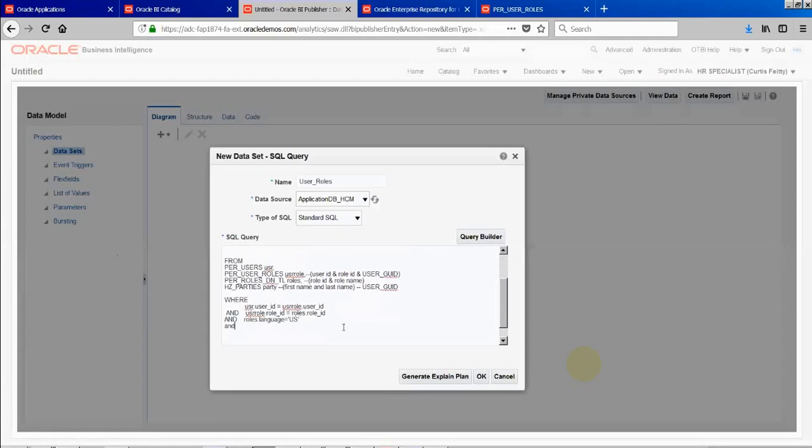Next, language. Now I want to copy the party. Party dot user GUID is equal to user dot.